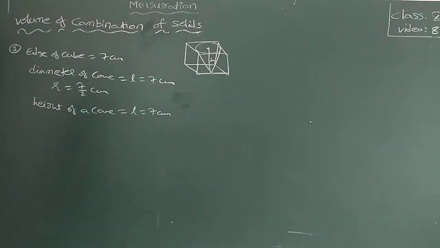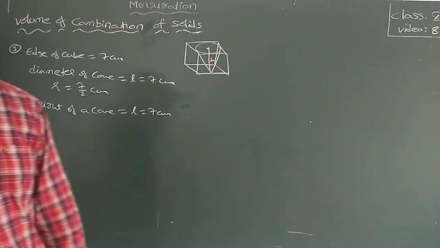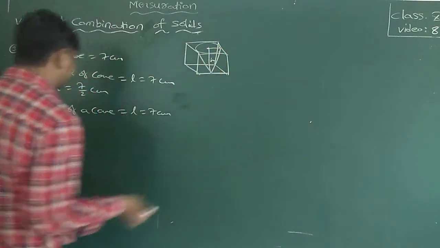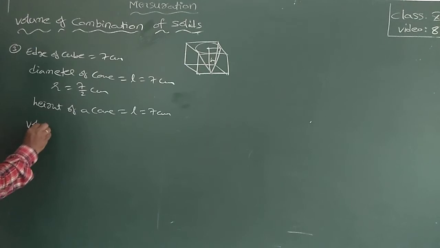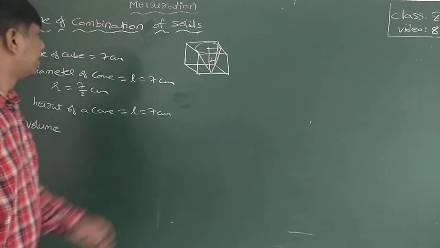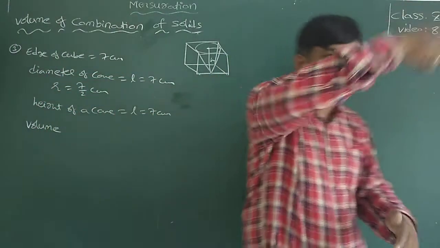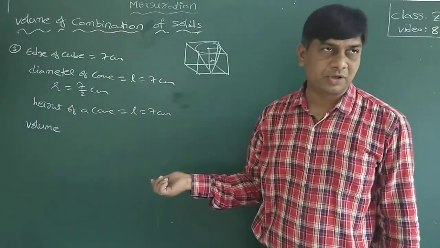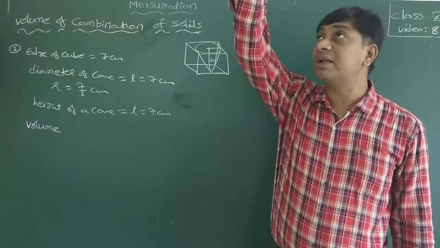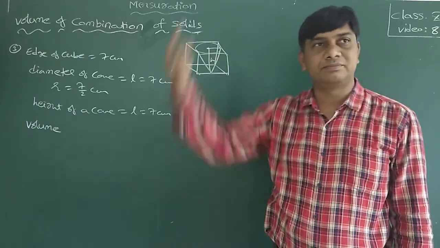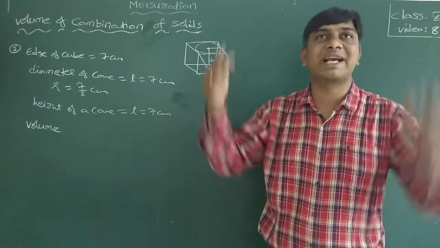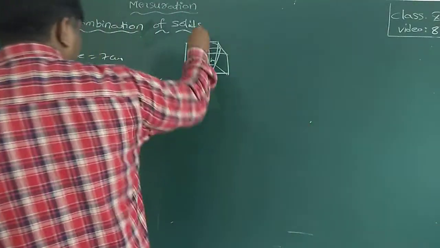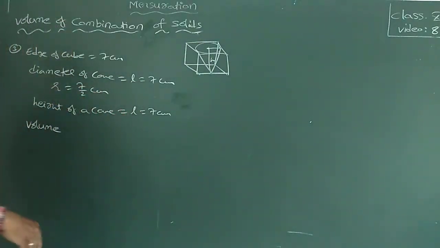Now what do they ask here? Find the volume of the largest right circular cone. Volume of the cone they asked. Whatever the edge is, that much circle you can draw, so that will be the diameter of the cone. And whatever the height from top to bottom of the cube, that will be the maximum height of the cone. So height of the cone is equal to the length of the edge of the cube only.